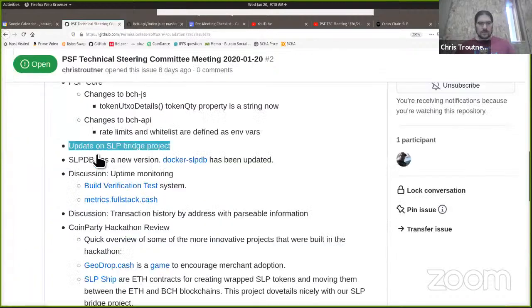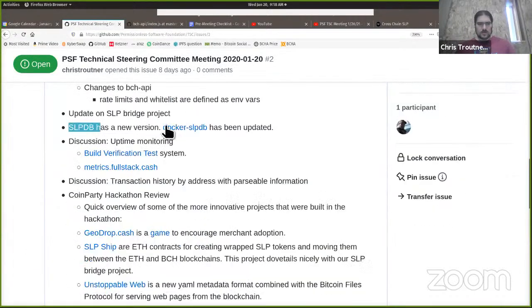Okay, next item on the agenda is SLPDB, which is the indexer that controls the use of SLP tokens. James Cramer's recently released a new version that's optimized to work with NFT tokens, non-fungible tokens. There was a problem